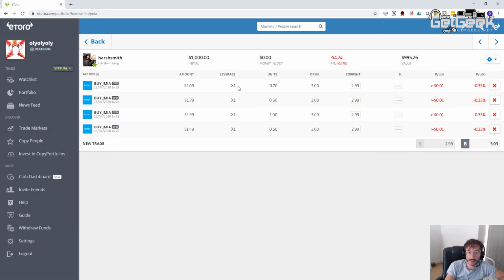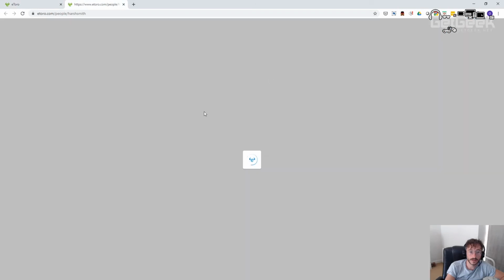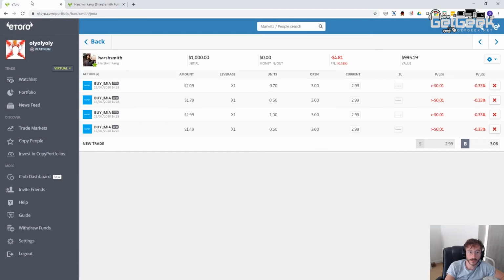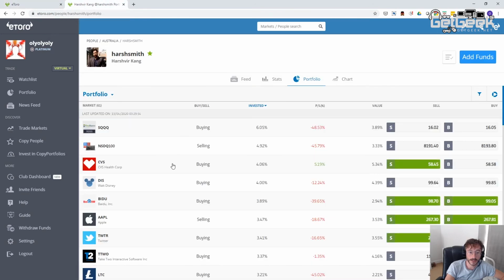So all the trades have opened at that one price, whereas when he opened them, they will have opened at different prices. So I don't know if we can do this, but let's take a look. If we look at his portfolio, and we're looking at that JMIA,